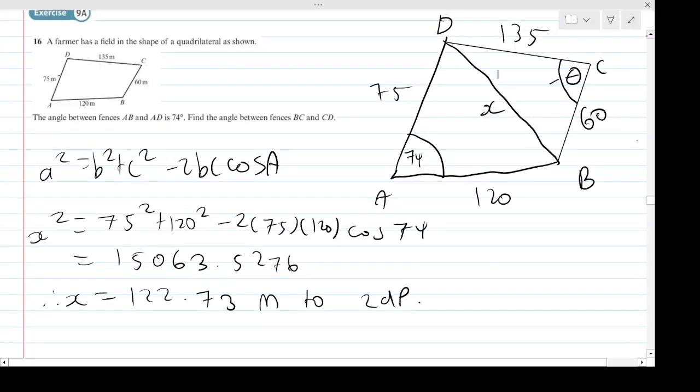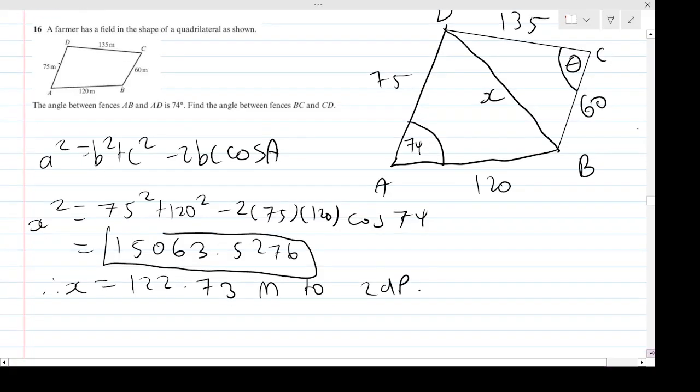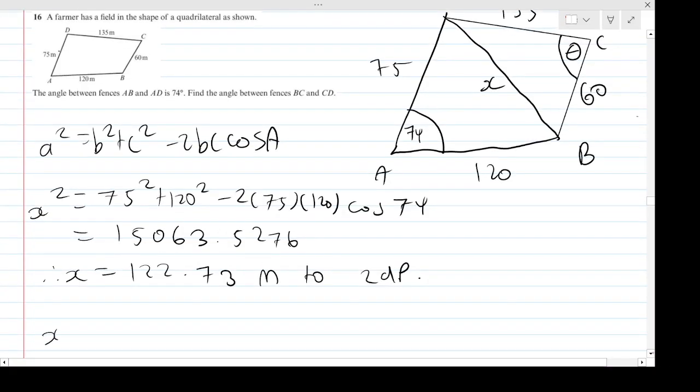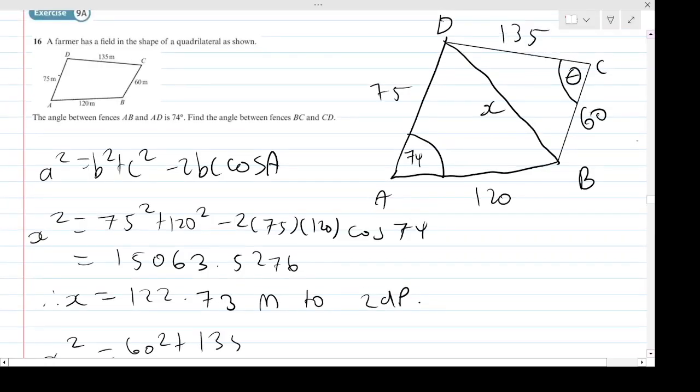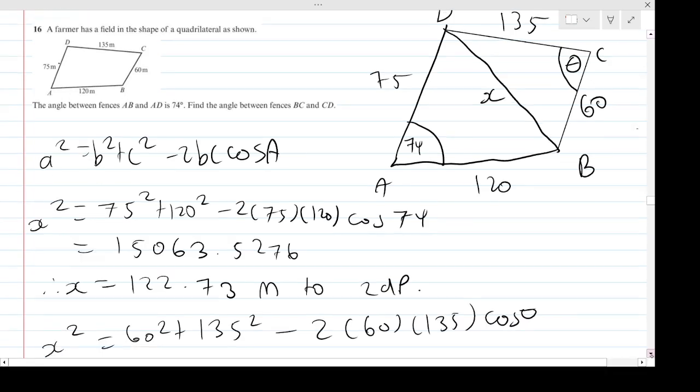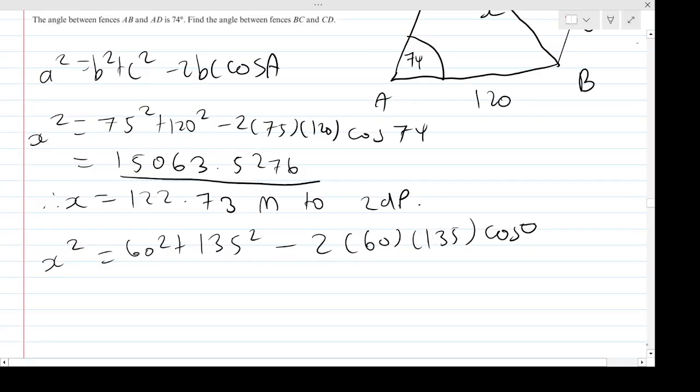So then the angle facing theta is x. So I'm going to start then with x squared. Now actually I know x squared already, but I restate it anyway. So if we use the formula, it's going to be x squared. It's going to equal the other two sides all squared, so it's going to be 60 squared, add 135 squared, minus 2 lots of 60, 135 cosine of theta. But then I know x squared is 15,000 and